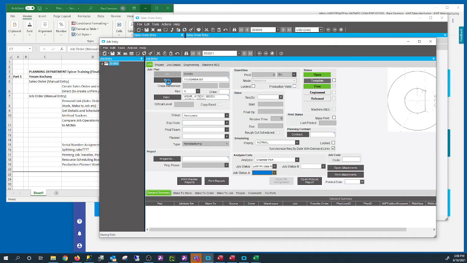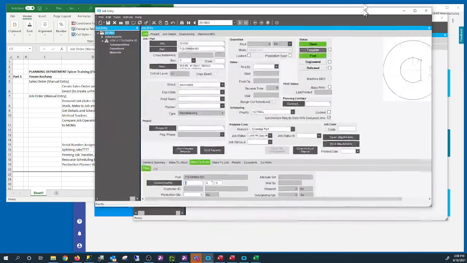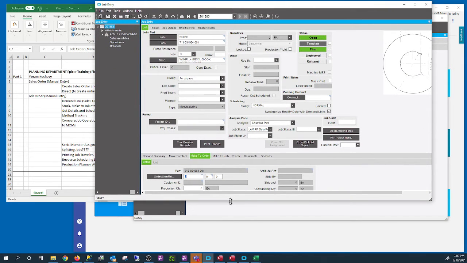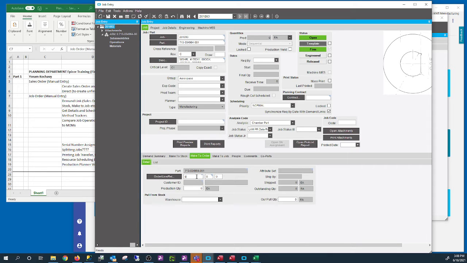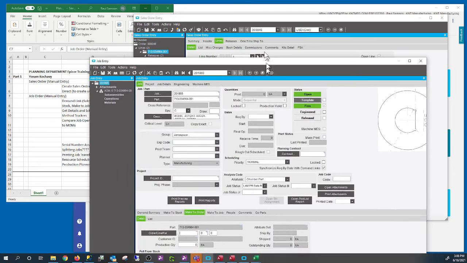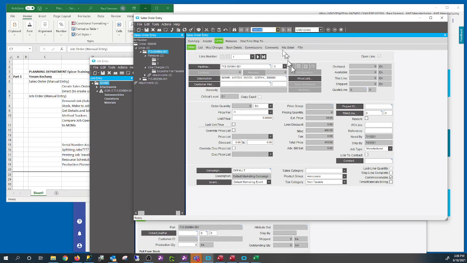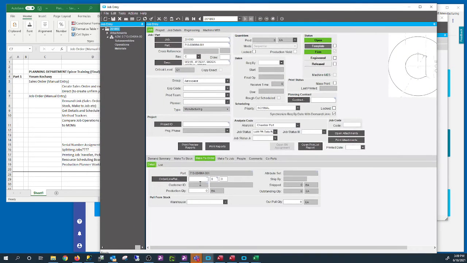Default analysis code, job entry. Okay, got it. You can click on the button there and it'll give you the choices. But if you know it, you can just type it in.